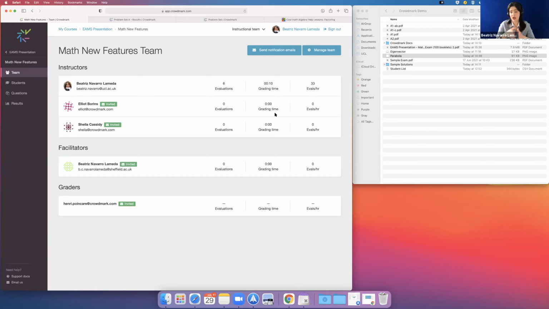I've compared using CrowdMark to paper marking and to using other platforms, and it's between 2 and 4 times faster. It depends on the type of questions, because now there is no flipping pages, there is no moving piles of paper, and it's also not having to open a new PDF file every time you want to start marking a new student, which is what I find, for example, if you've marked submissions made through Moodle.